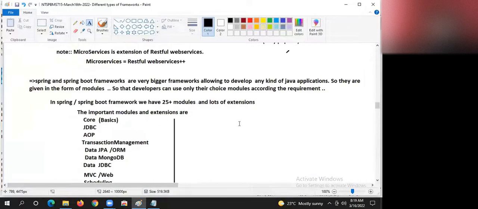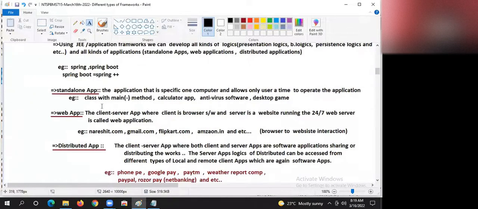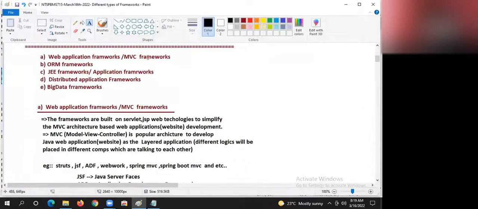Right, boss. Now listen. Spring MVC we learn for web application development. We learn Spring ORM and the Spring Data module to bring the effect of an ORM framework. Next, entire Spring and Spring Boot come under the Java EE application framework.